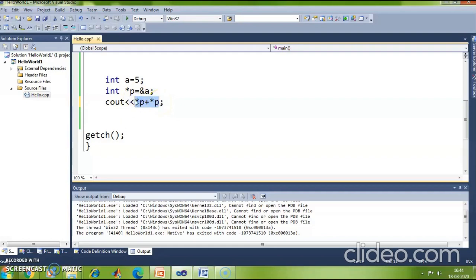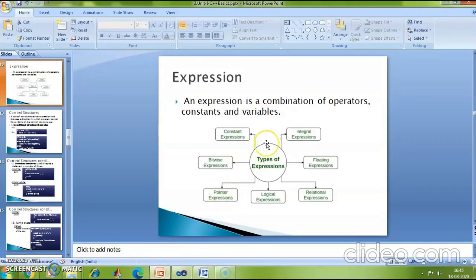The expression which involves a pointer variable is referred to as a pointer expression. So such type of expression is called a pointer expression. Okay. So the different types of expressions are constant expressions, integral expressions, floating point expressions, relational expressions, logical expressions, pointer expressions and bitwise expressions.